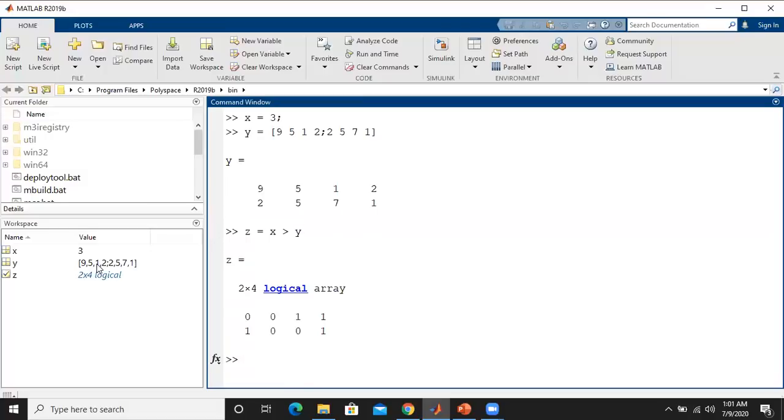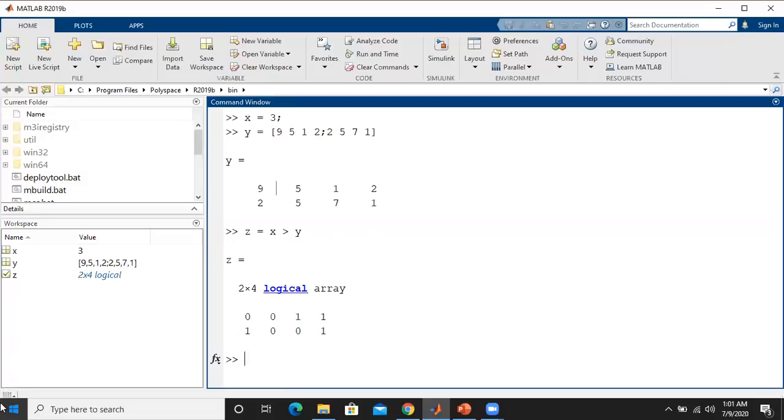Then for the first element we get logical 0 as the output. The same kind of operation is done for 3 with 5, 3 with 1, 3 with 2, 3 with 2, 3 with 5, 3 with 7, and 3 with 1. Like that they will be compared based on that condition. If it is true, we get logical 1 as the output. If it is false, we get logical 0 as the output.